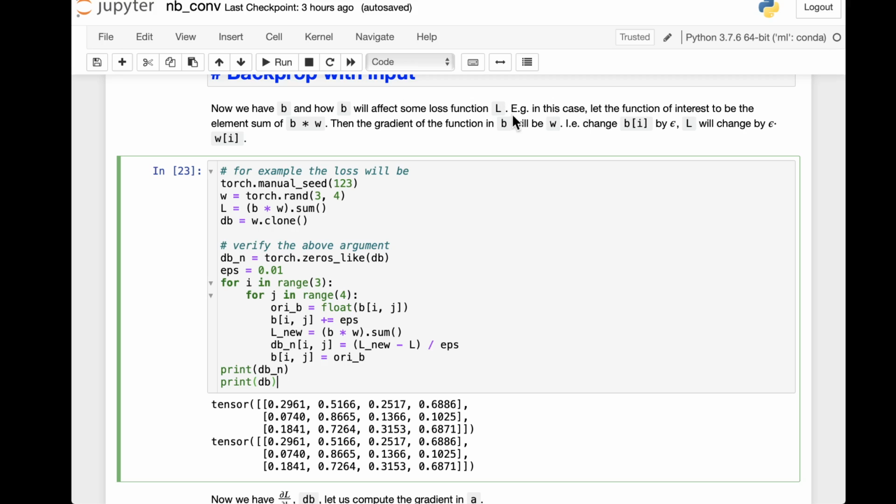So let's just use this as L, and here, of course,